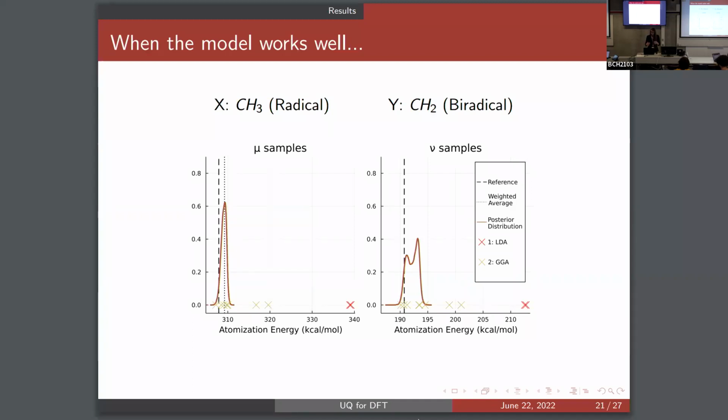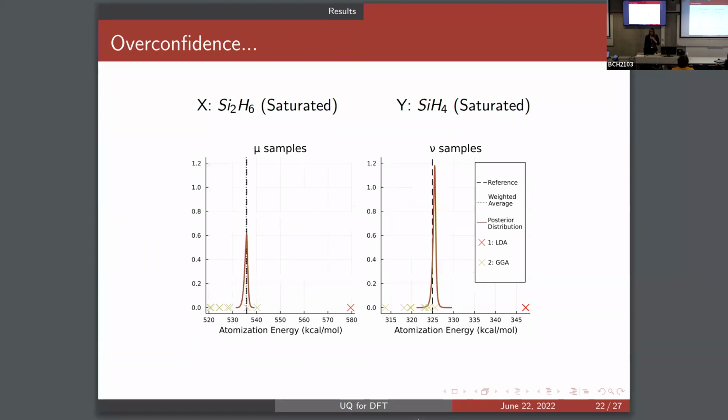We can compare different types of chemical systems, in this case two radical compounds, and see some similar good results, in that the model is able to determine where the posterior distribution should be close to the edge of the DFT ensemble, as long as X and Y are a good match for each other. This particular case can at first glance seem to be the result, in that both posterior distributions are very close to the reference value. However, they're very close to the reference value and kind of worryingly narrow. The distributions only have significant non-zero values over one of the